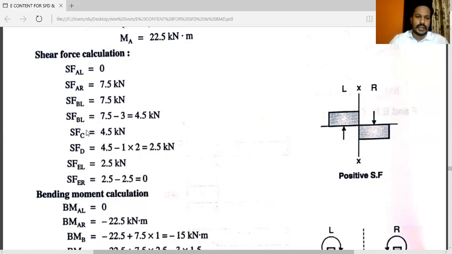At point B just to the right. Similarly for C, just to the left, just to the right. At point F, just to the left, just to the right. At point E, just to the left and just to the right. See,